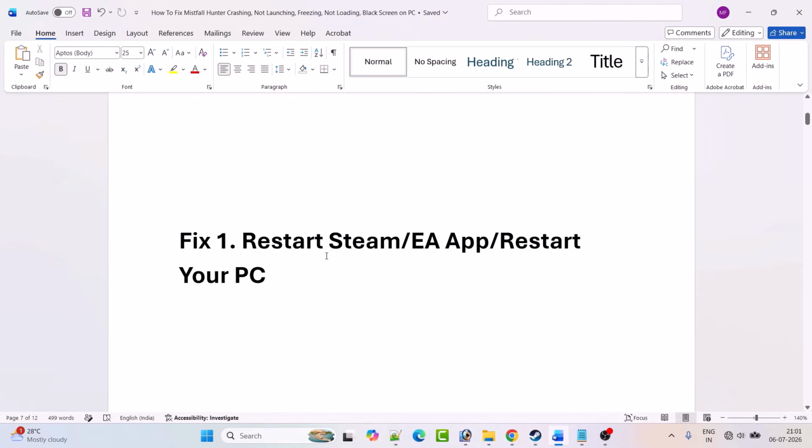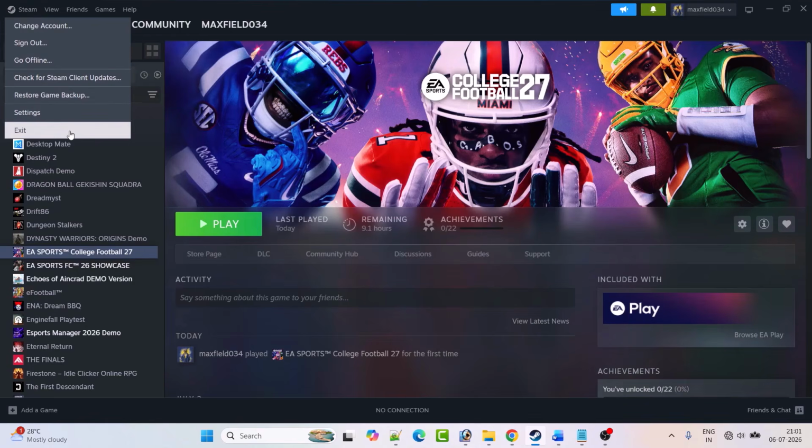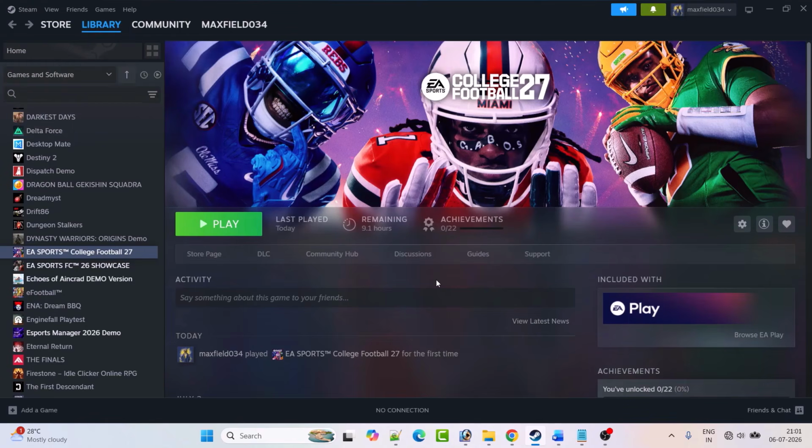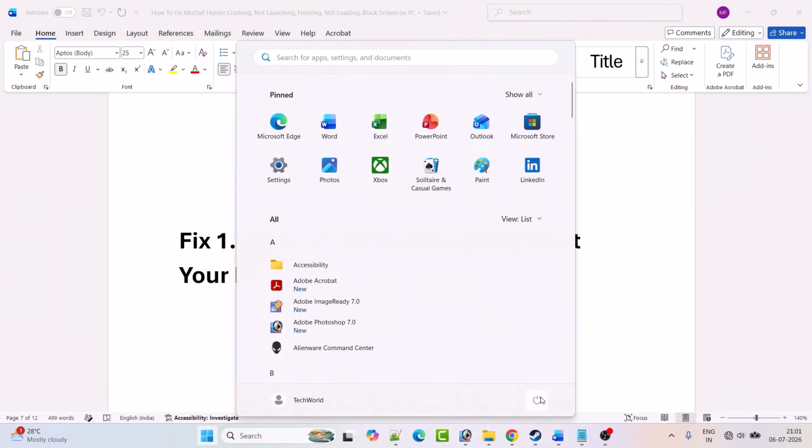Now the first fix is to restart Steam, restart EA app or restart your PC. So simply click on this word Steam and then click on exit to exit the Steam and then relaunch Steam and then launch the game and check. Now if you have the game on EA app, then close the EA app and then relaunch EA app and then launch the game and check. If that doesn't work, then simply restart your PC, and after your PC restart, then you can go ahead launch